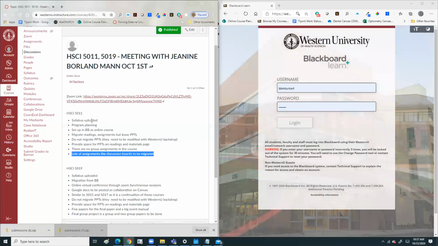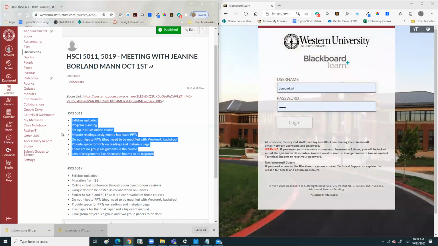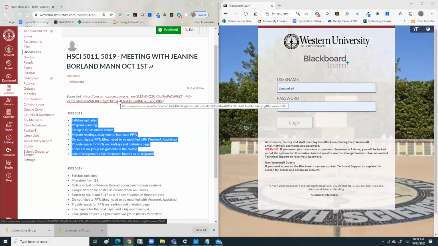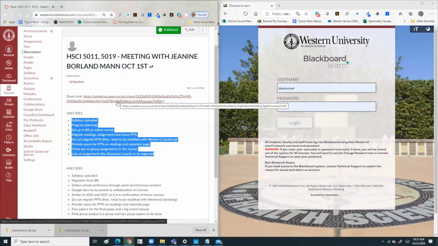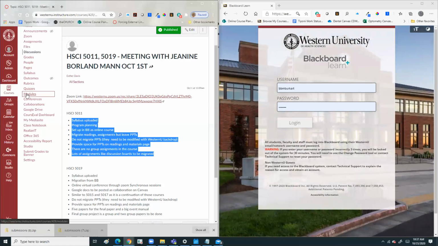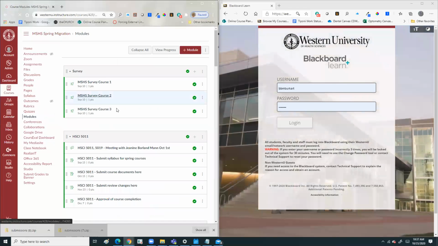So the next step, once we look and see what she's talked about, you could watch this Zoom, which the earlier Zooms were pretty long. They got a lot shorter as we got better at it. But now let's go back to modules and see if we can find the syllabus. Now we looked, and